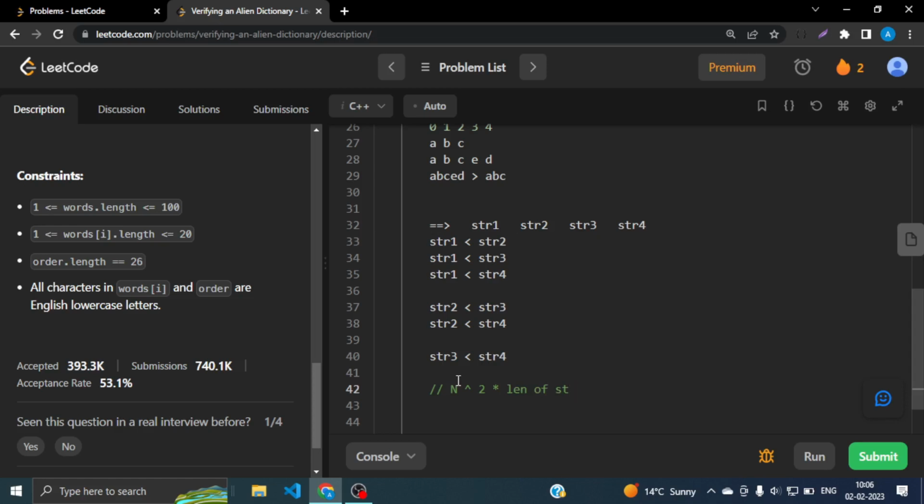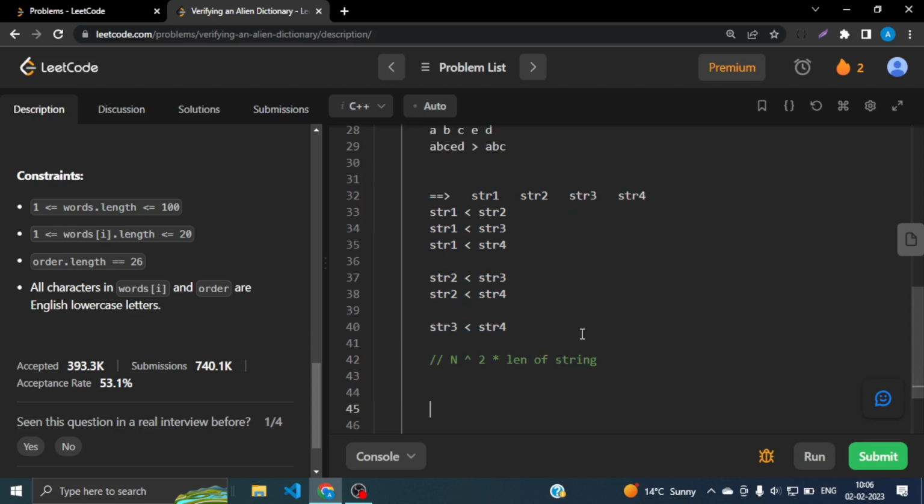So it will be the length of the string. So this will be the time complexity if you follow this approach. So I'll ask you to first implement this kind of a brute force solution, which is checking the lexicographical ordering. But I am saying that you don't have to do it. Okay, you can very well see that in order to check for the